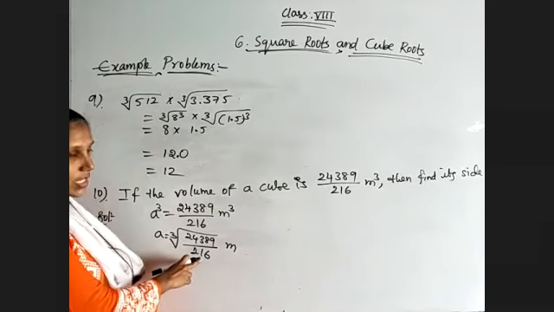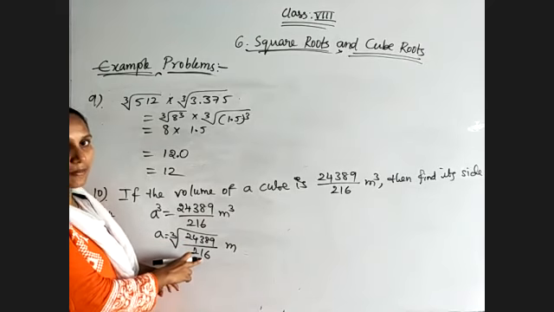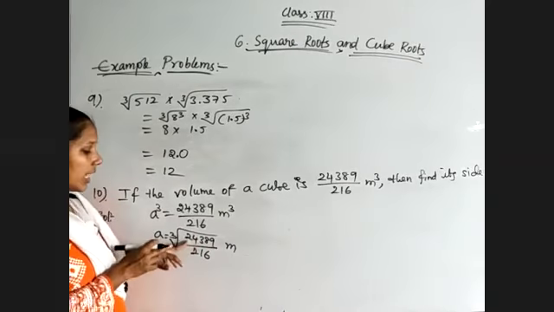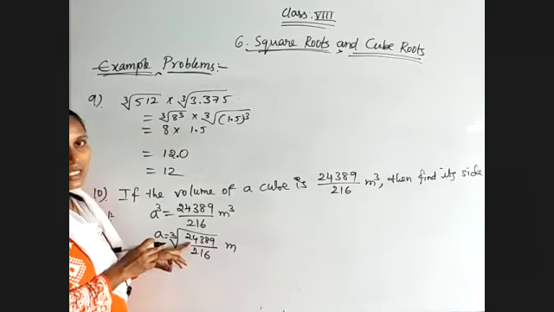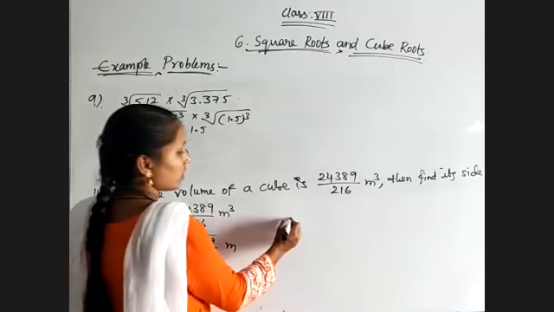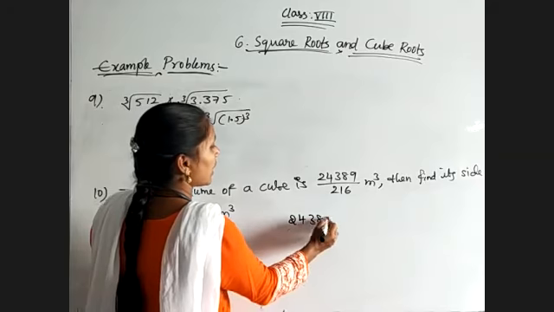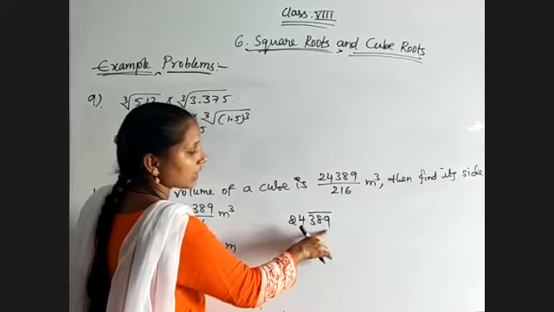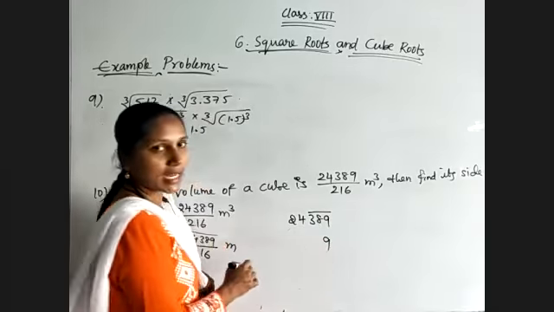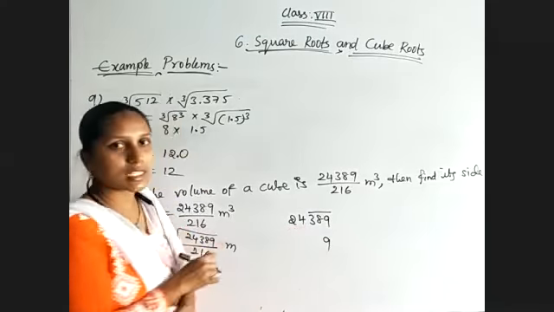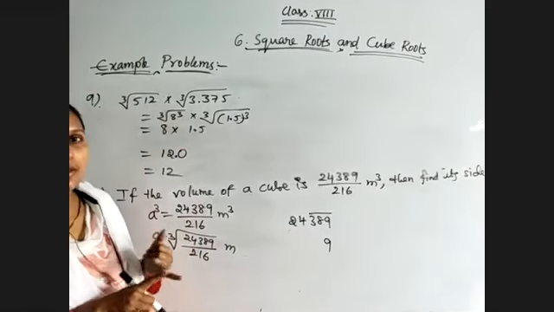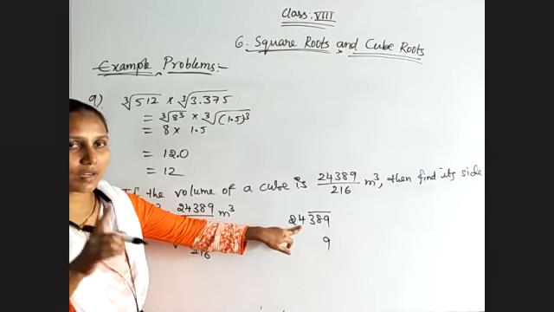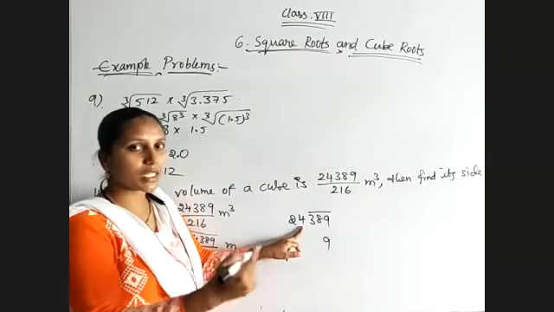We know that the cube root of 216 is 6. Okay, 6 6s are 36, 36 6s are 216, we will get. And coming to this one, because 5 digits are there, go through with the estimation method. 24,389. First group, second group. The first group has the digit 9, so the unit digit will be 9 only. And 24 lies between 4 4s are 16, 5 5s are 25. So just lesser than 25. Only one value is lesser than 25, means we need to take the previous value.